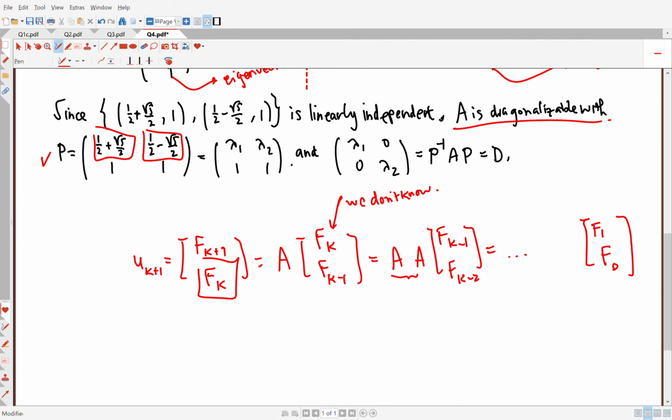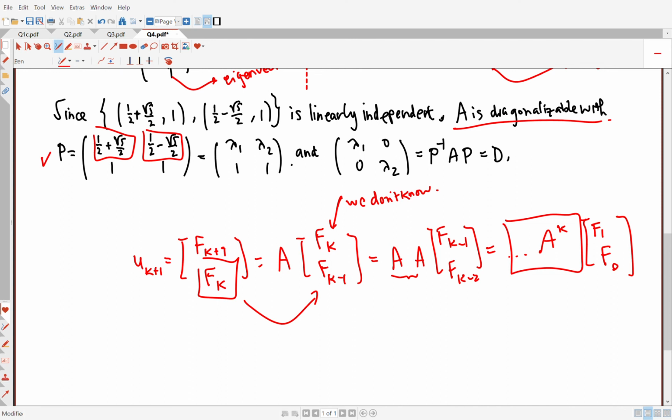f0 is just 0, and this is just 1. So I can write this as 0 and 1. And what will happen here? From f_k to f_(k-1), I need to move one step. So from here to here, I multiply by A. From here to here, I multiply by A squared. So from 0 to k, I'm actually moving k steps. So this is actually A to the power of k,